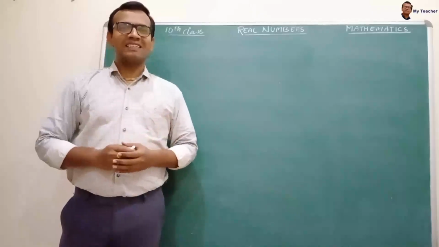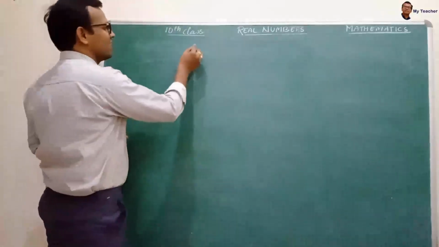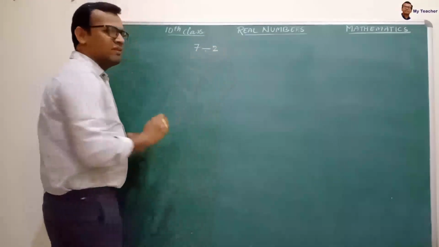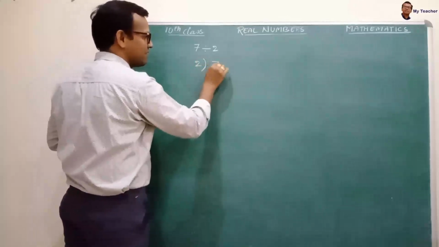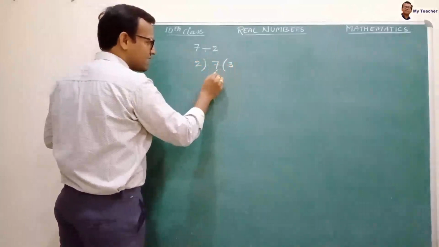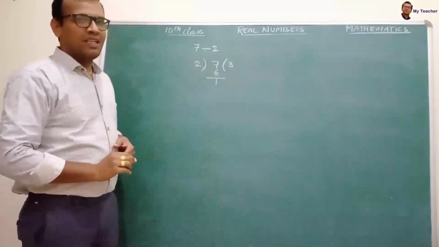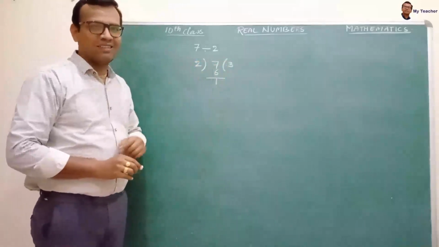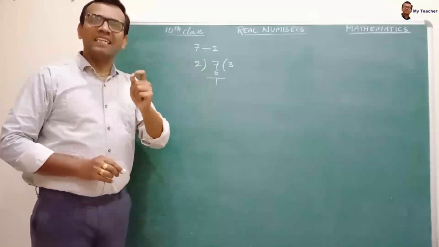Students, let us consider a simple division of numbers. Say 7 divided by 2. A pretty simple division. 2 divides 7 in this way. 2 3s are 6 and the difference is 1. Now what are these terms called? What is 7 called in this division? 7 is called as dividend.